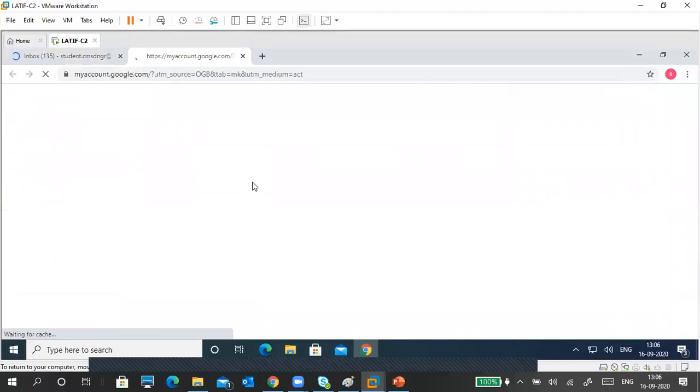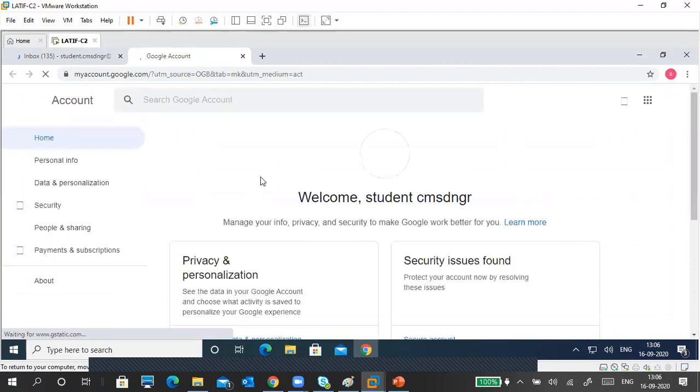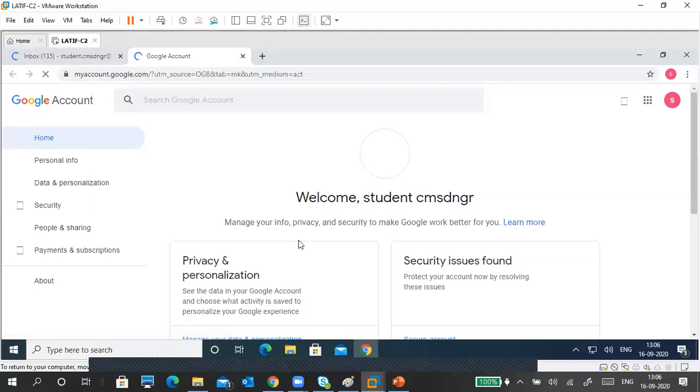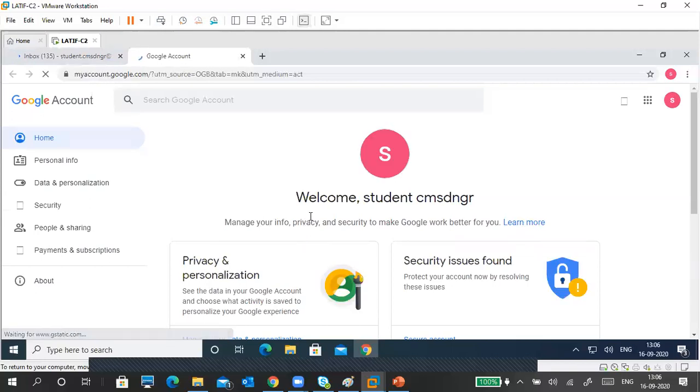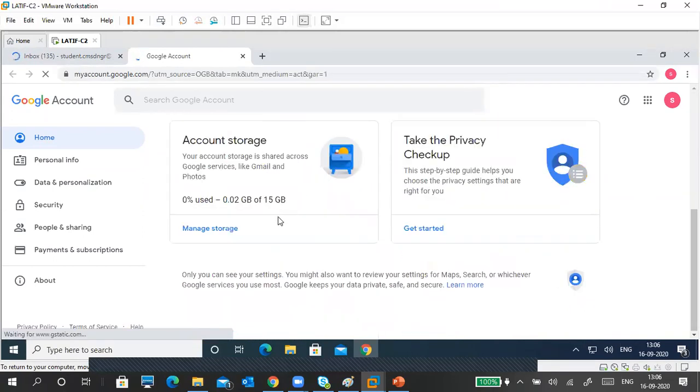So if you created a new account, maybe you already have old accounts, which means you already have secondary account settings. So whatever it is, whichever mail account you want to add to Outlook, make sure that it does not have two-step verification.